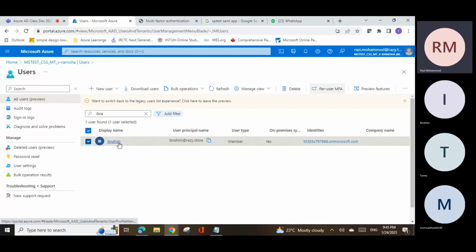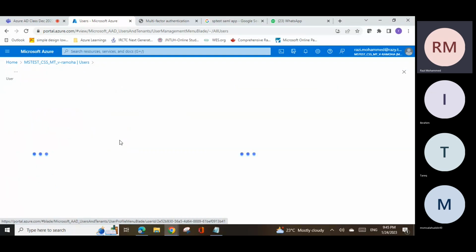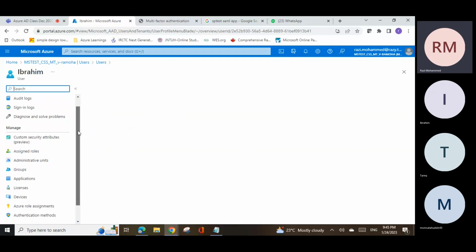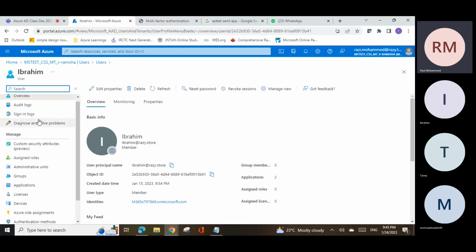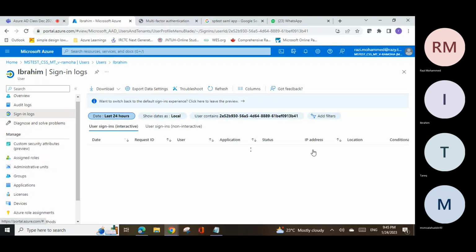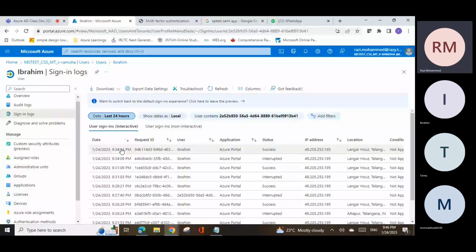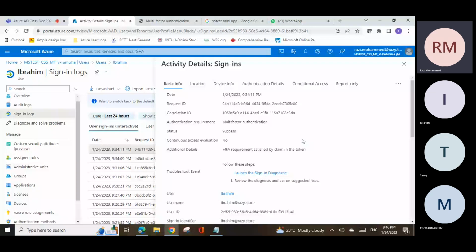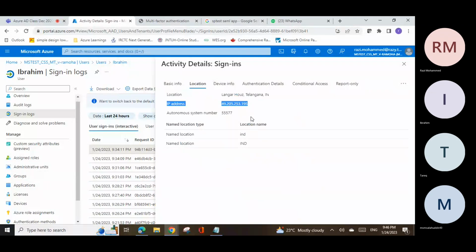So whenever an authentication is happening, let's take an example of this account Ibrahim जिस पे अपन अभी MFA enable किए, तो लॉगिन के टाइम पे आईपी एड्रेस भी कैप्चर होती, क्या आईपी एड्रेस से लॉगिन करे वो सब आइडेंटिफाई होता। लेट्स गो टू द साइन इन लॉग्स एंड सी। ठीक है, अभी ये आज के लॉगिन से 9:34 PM, ठीक है। तो यहाँ पे ये कहाँ से आया, तेलंगाना, ये लोकेशन से आया। लोकेशन डिटेल्स में आपकी आईपी एड्रेस कैप्चर होती, ठीक है। ये आईपी एड्रेस से आया, ये लोकेशन तेलंगाना इंडिया, ये लोकेशन से आया लॉगिन, ठीक है।